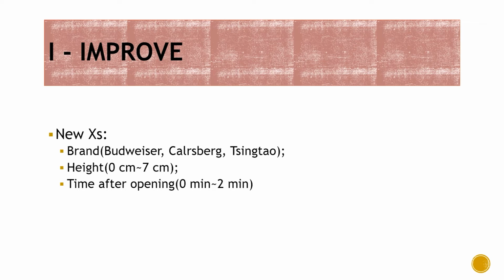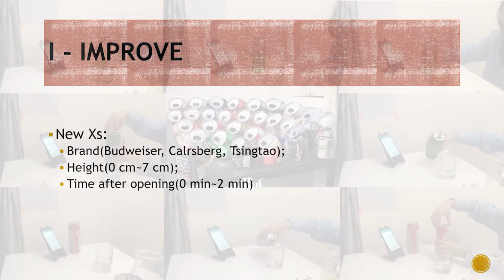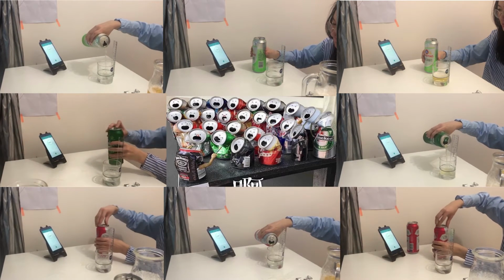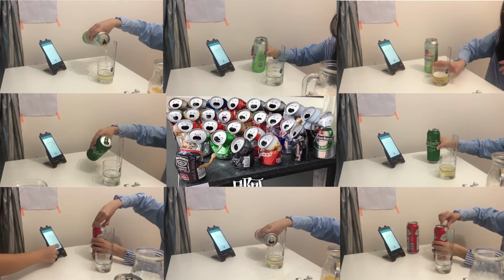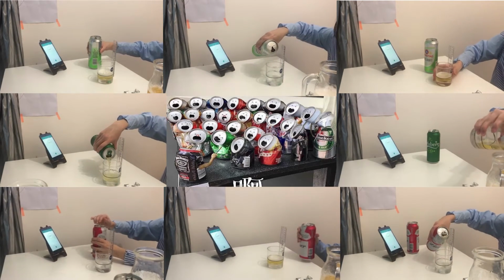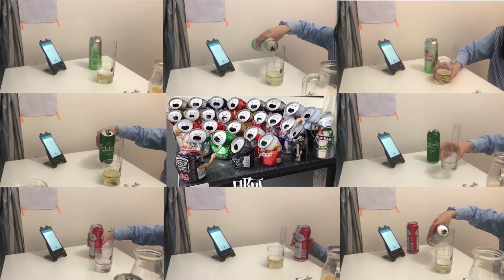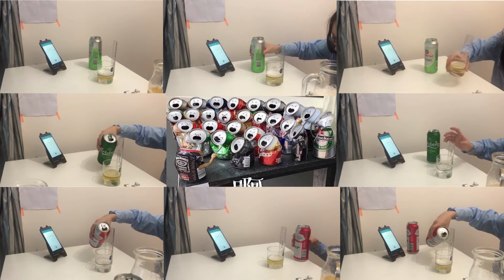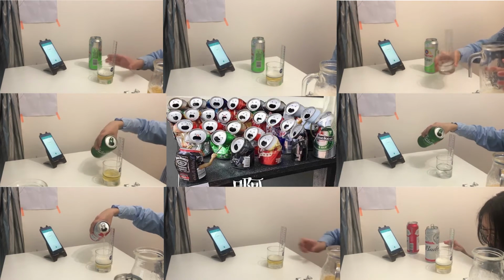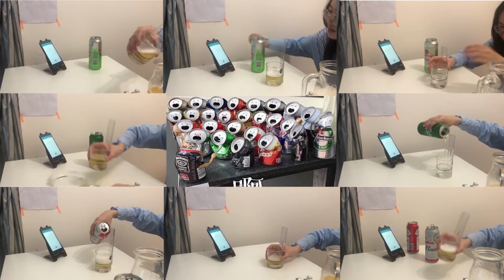In the new experiment, we tested 3 different beer brands: Qingdao, Budweiser, and Carlsberg. For each brand, we created a factorial design. We set the range of height from 0 to 7 centimeters and the range of time from 0 to 2 minutes. Then, we conducted the experiments based on the volume generated by Minitab for each group of tests and entered